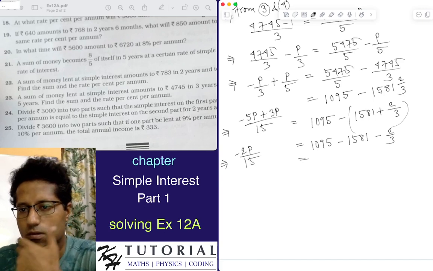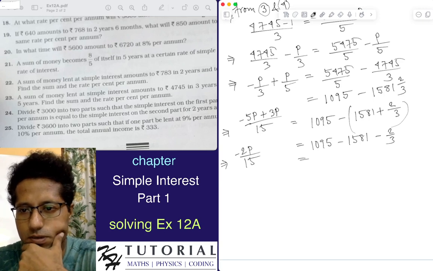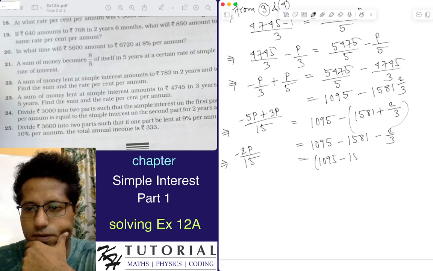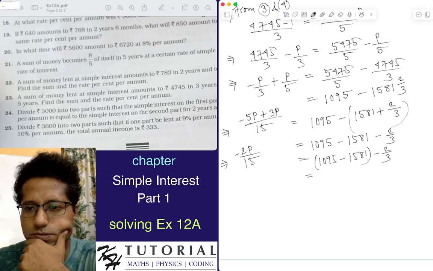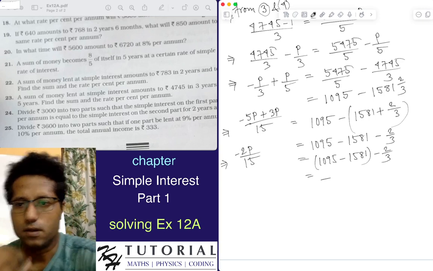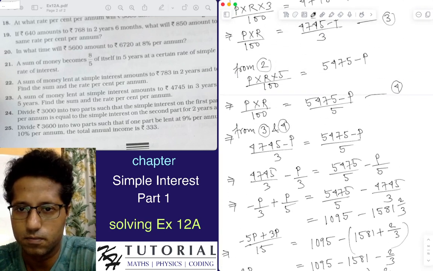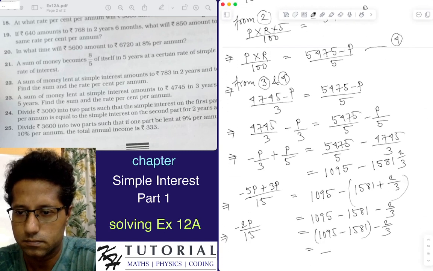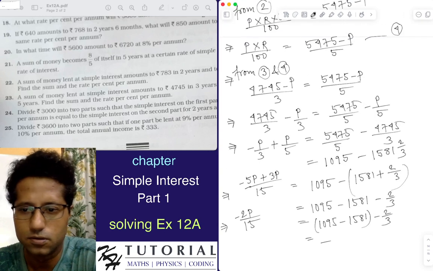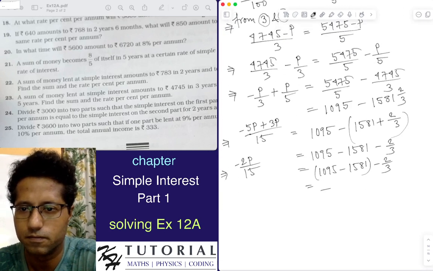Now this is, you can say, 1095 minus 1581 minus 2 by 3. Now this is, I don't know, the calculation is becoming so complex. Why is it so? This calculation should not be this much complex and very peculiar. Anyway,